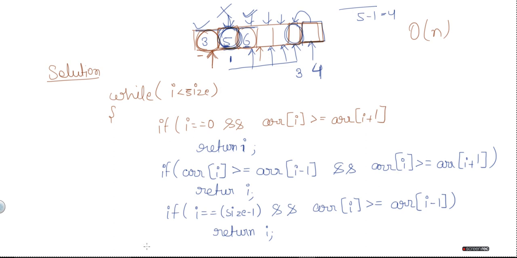That's it. In the while loop at the end, I will do i++, which is the increment. We are going to access all the elements one by one. In the worst case, we need to consider this last element. So that's why the time complexity of this will be order of n.